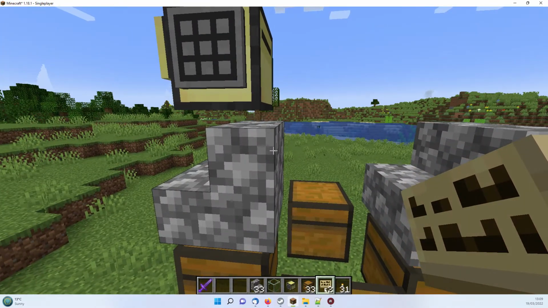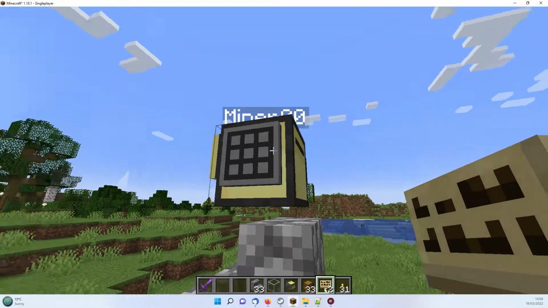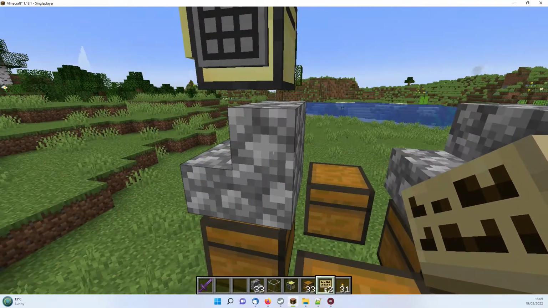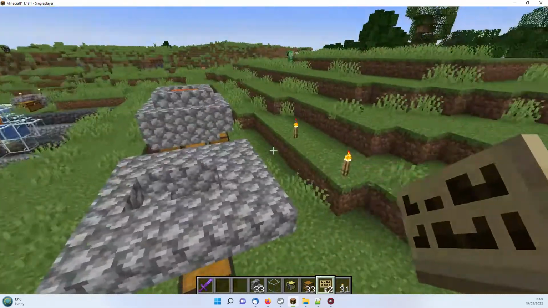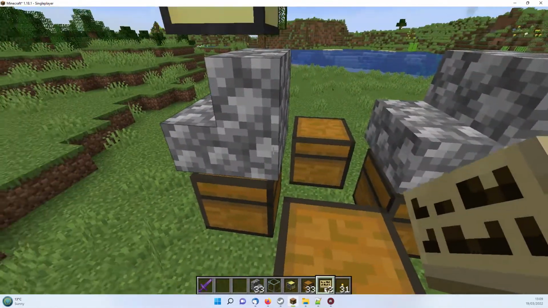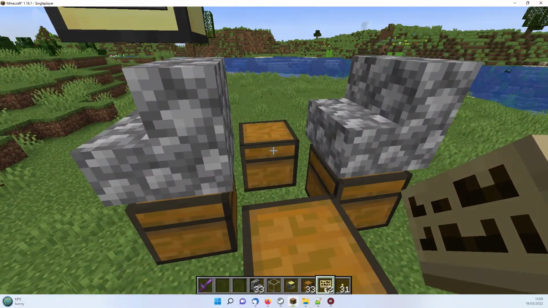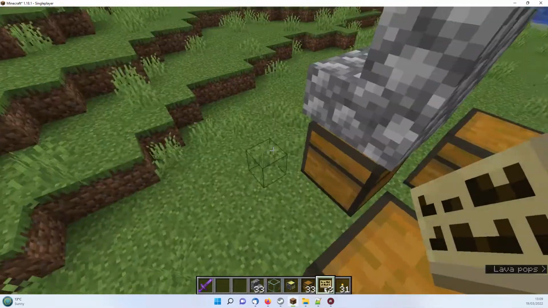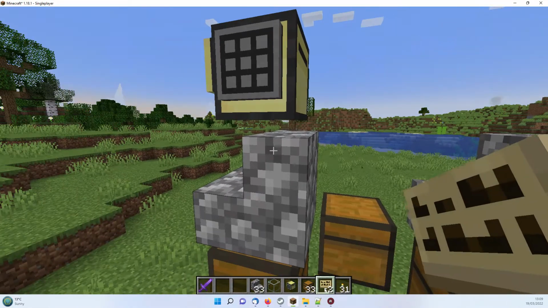Now, you see what happened there? Although we dropped it from the bottom, because the chest is there, it put it kind of the wrong way up. We wanted it upside down. So what we've learned from that is that before we place the chests, we've actually got to place the steps. Okay, so let's